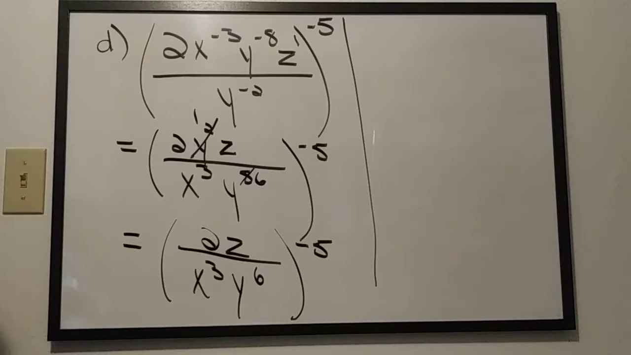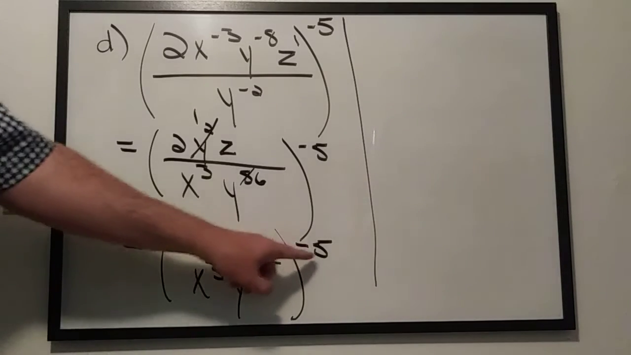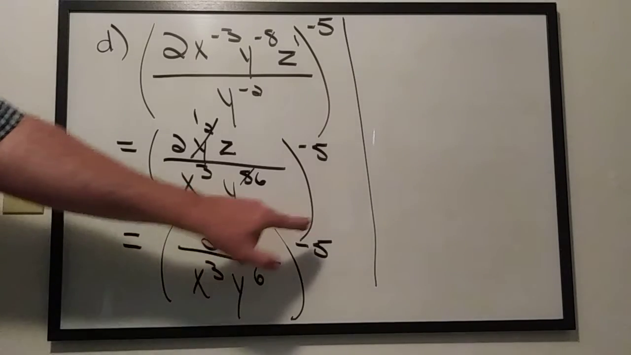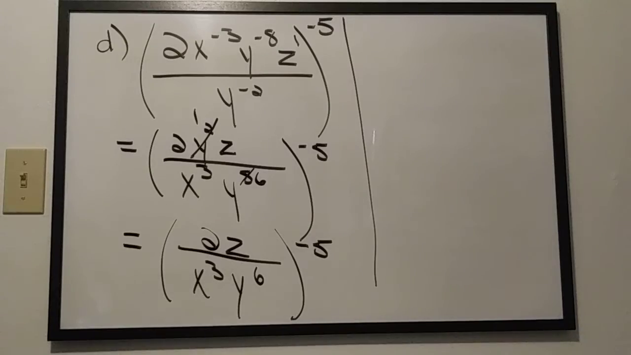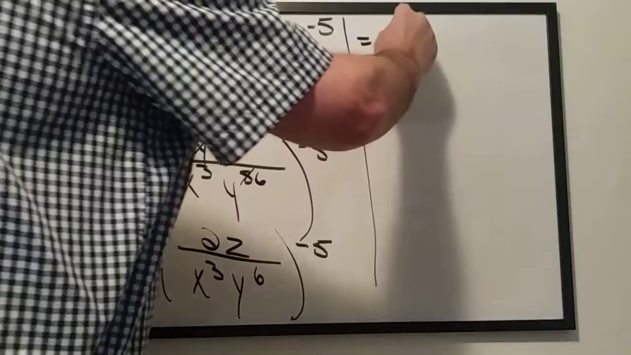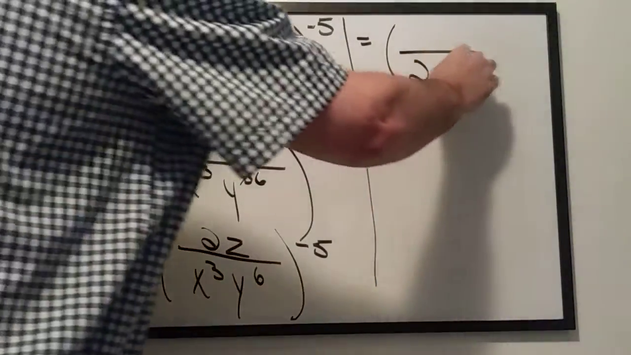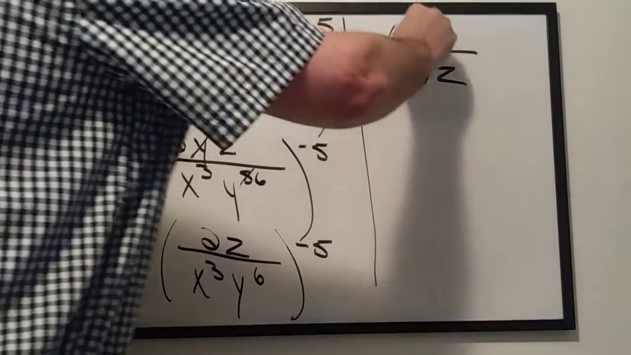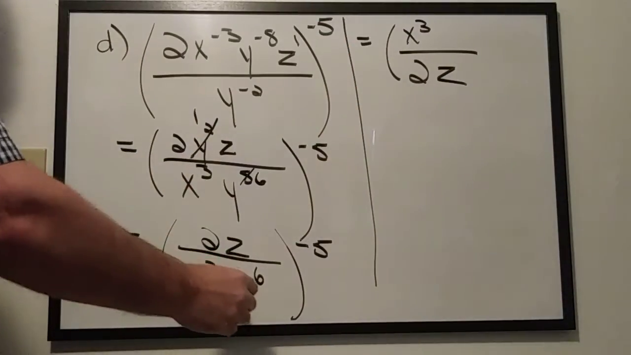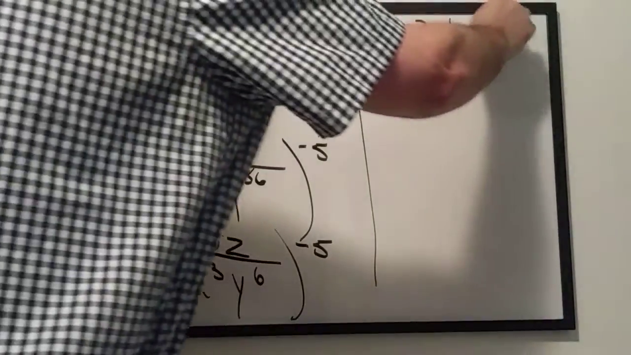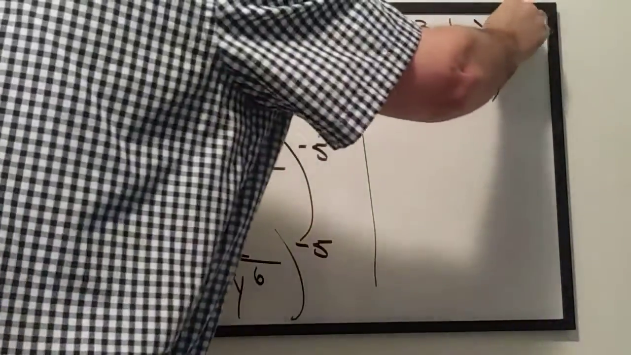So now that I have simplified everything inside the parentheses, this is the point where I'm going to focus in on the negative 5 power on the outside. So once again, when you have a fraction to a negative power, the whole fraction is going to flip. So everybody in here is going to change. So we have a 2 that's going to go into the denominator. We have a z that's going to go into the denominator. We have an x to the third that's going to go into the numerator, and a y to the 6th that's going to go into the numerator. At this point, the negative has done his job, so that goes away,